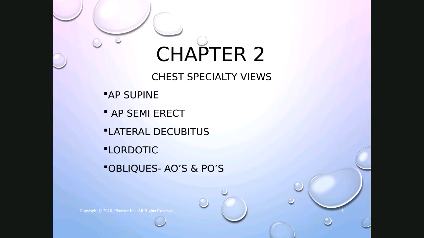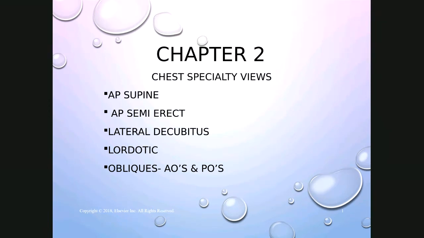The reason these are considered specialty views typically is because the patient has already had a routine chest x-ray taken and a radiologist has read those images, and based on their findings, typically they will request one or more additional views or specialty views, meaning that whatever they're seeing in that routine PA and left lateral chest, they likely want to further evaluate or investigate what is going on, and they could order some of